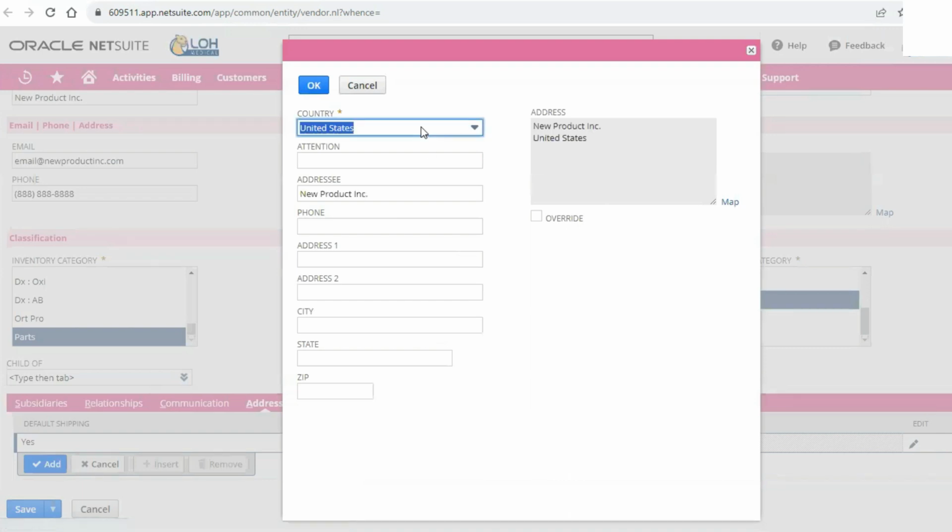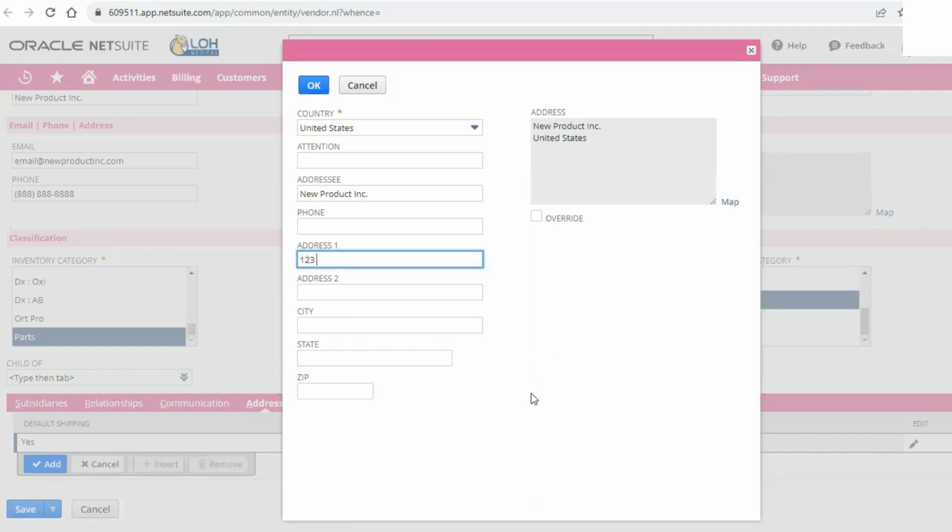Which for the most part, our vendors for Low USA are in the United States. And their billing and shipping addresses are one and the same unless they have multiple factories or warehouses. So let's say this vendor has 2 warehouses and one of them is in New York and one is in California.